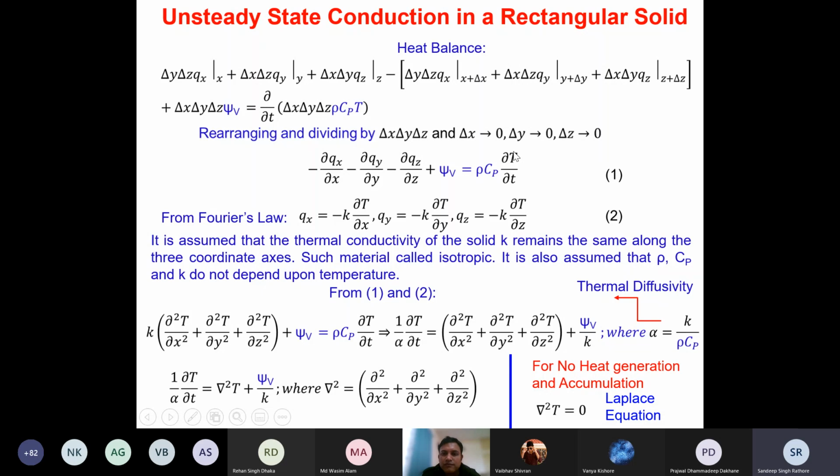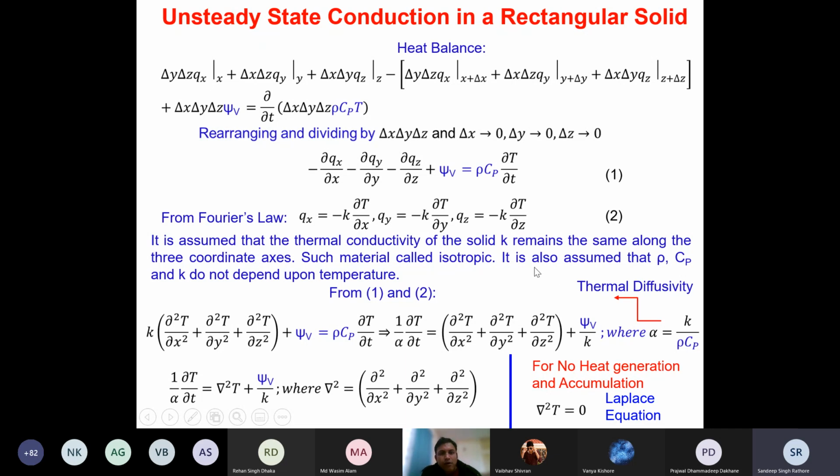Hello? Yes, sir. Now in this equation number 1, all these flux terms qx, qy, qz: qx is a flux along the x direction, qy is the flux along the y direction, and qz is a flux along the z direction. All these individual flux terms we can represent using Fourier's law of heat conduction. So qx is given by minus k dou T by dou x. I can replace qx by minus k dou T by dou x. Similarly,